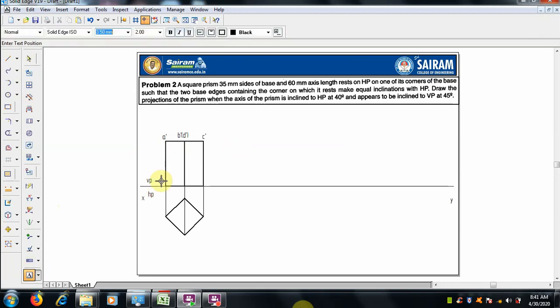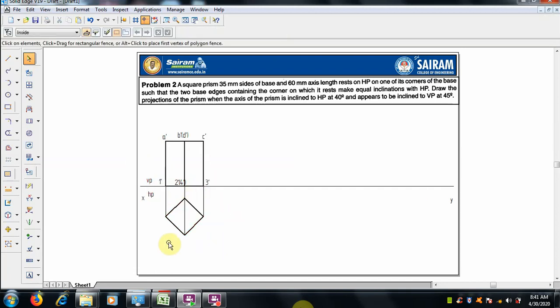At the bottom face you can see A dash is directly connected to 1 dash, B dash is connected to 2 dash, and at the back, D dash is connected to 4 dash, and C dash with 3 dash. We can move one nearby, so one corner, that is 2 and 4, here the 3. I hope you can imagine that.